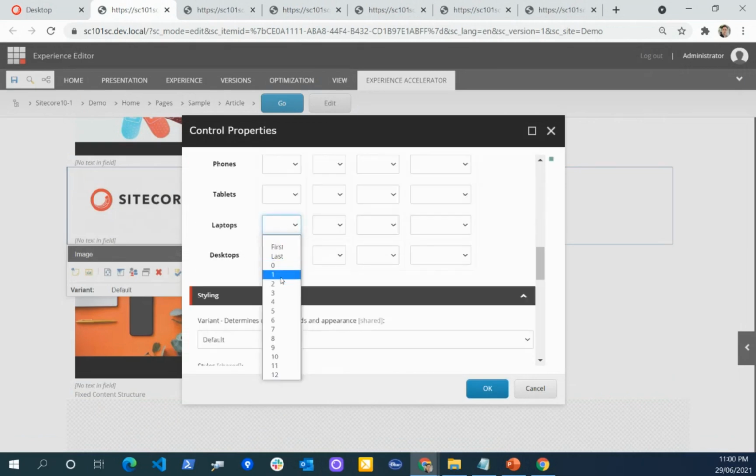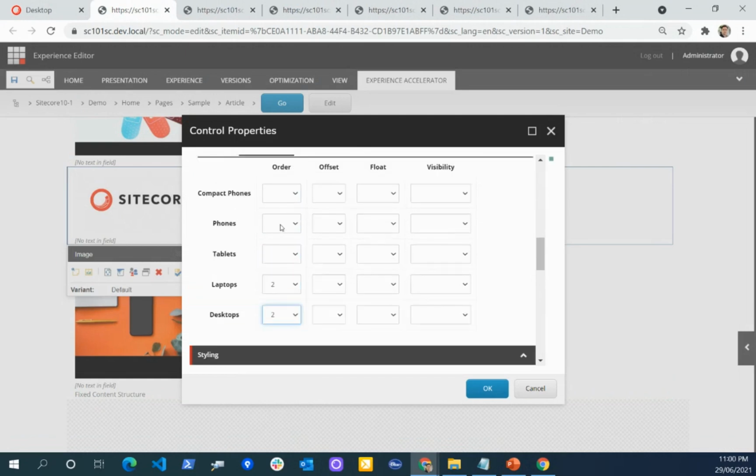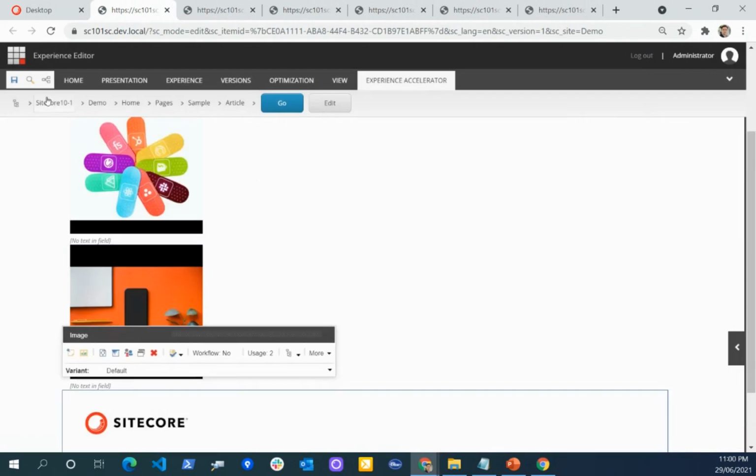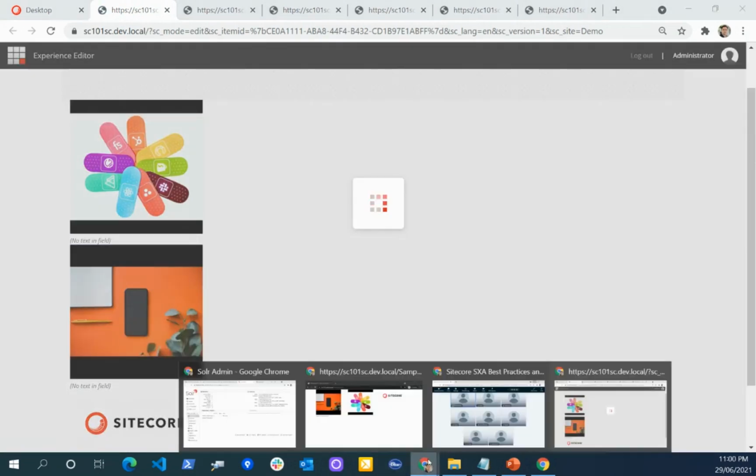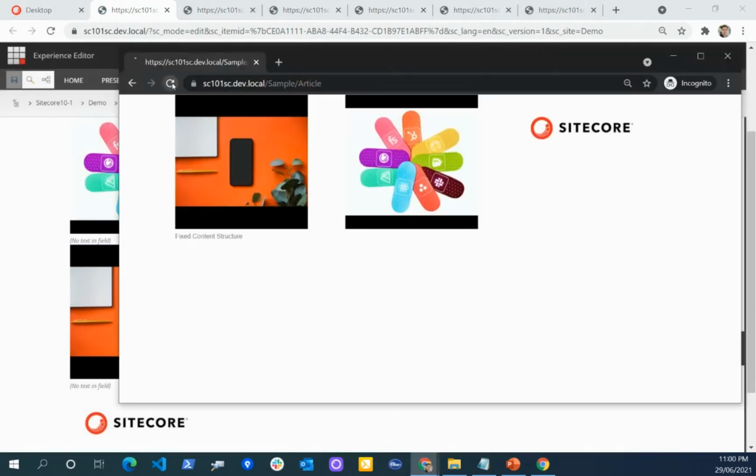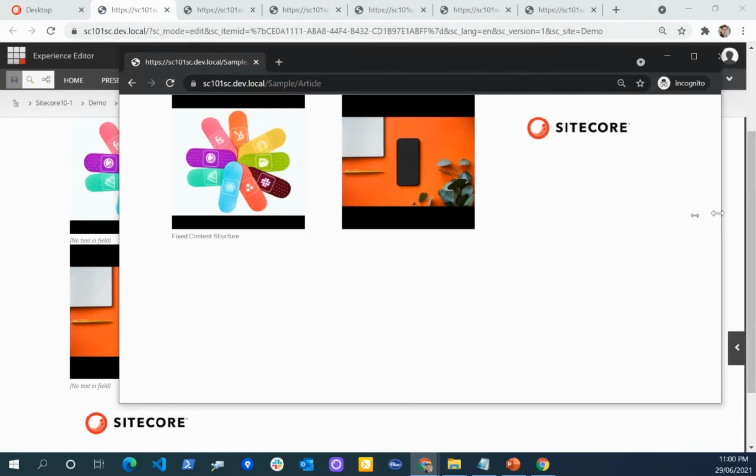So here it would be 2, and maybe on the phone it would be 1 or third, because 1 we already provided, we need to make sure we give the proper order. Now if I refresh, you can see it's changing the order.